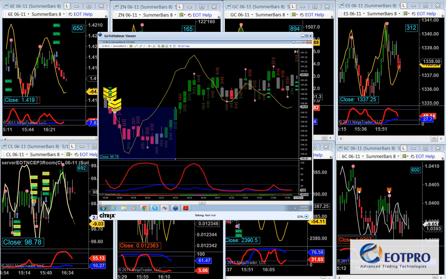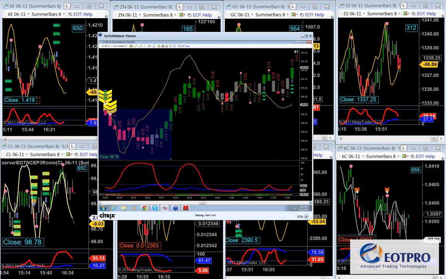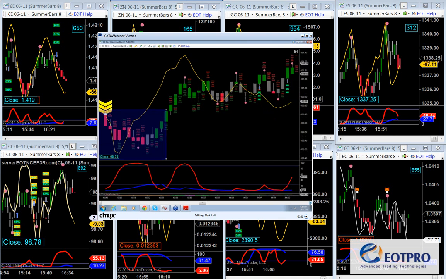Okay, using the old plot point methodology, we never broke that. But I've done my stats. Plot points used to work, and they still do. But I don't need to take that much heat. It's easier for me to make up some of these smaller losses based on a 7-tick loss than it is to stay in the trade to find out, oh, geez, I'm 30 ticks in the hole. Okay, so that ended up being a winning trade. But again, it's easier to come back from a 7-tick loss